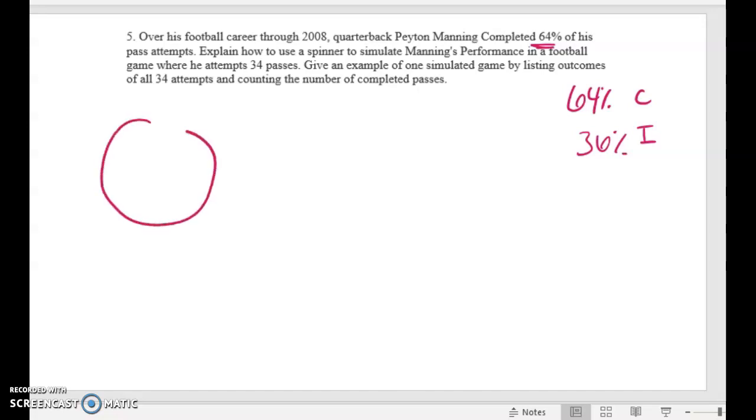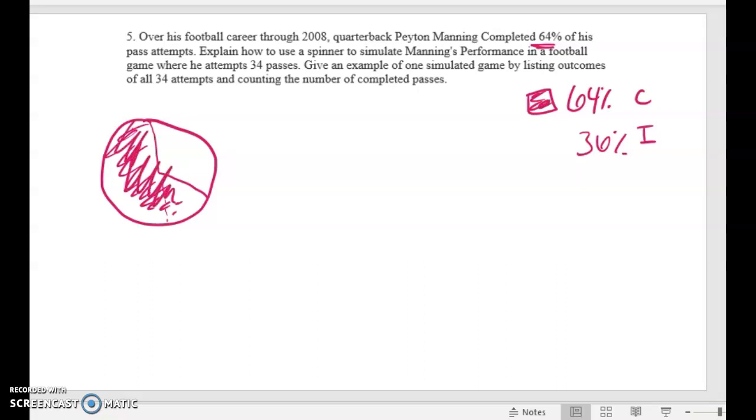Basically, a spinner is like the Twister game. The big thing about creating a spinner is you want to make sure that your area is correctly represented in the percentage. So if I say 50%, then that has to represent half of the circle. So 64% would be like this, right? If this is 50%, 64% would be kind of like a Pac-Man. So 64%, and I'm going to use a key to help me know what that actual section represents,